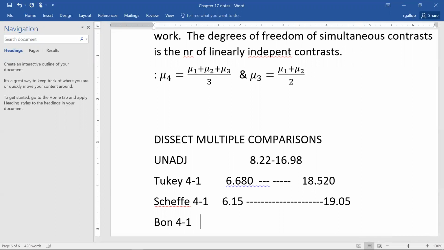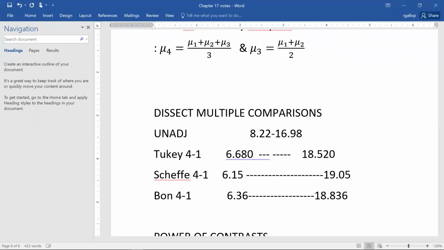Here's the Bonferroni, 6.36 to 18.836. As we notice here, the unadjusted is going to give us the most narrow,